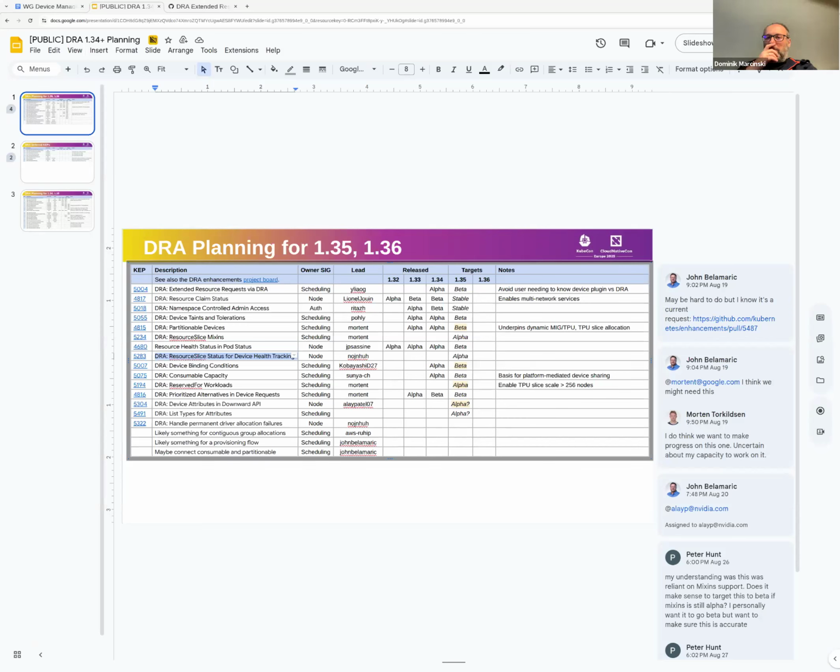Okay, I have one more question, because it was always confusing to me. We also have the reserve for, and the reserve for is for the whole resource claim. It's not for each device that is assigned. So if we have a few devices and a few pods that can use this resource claim, they can share those resources.